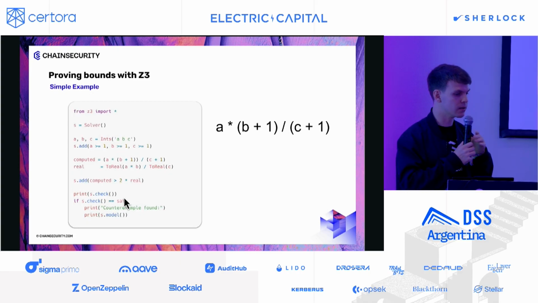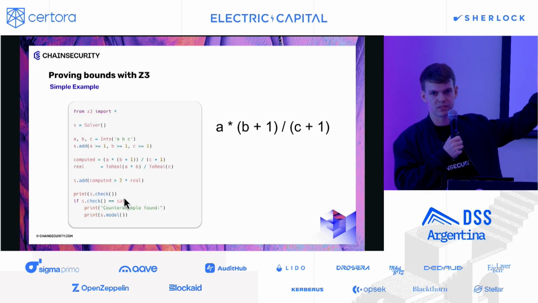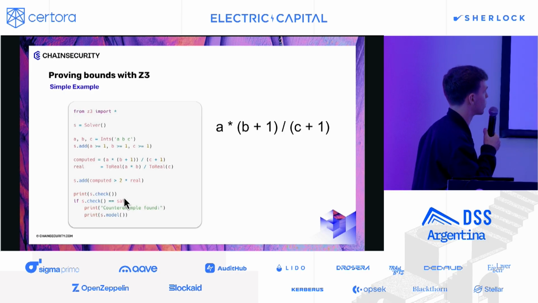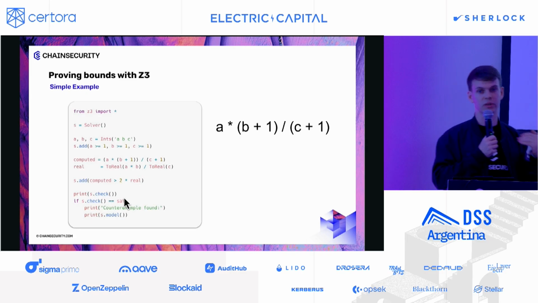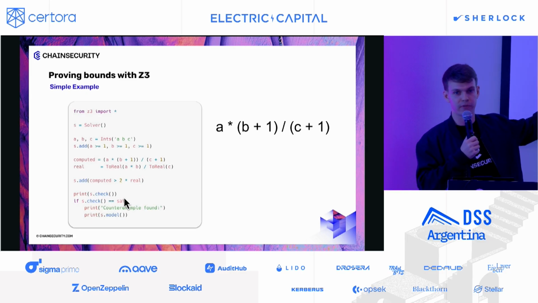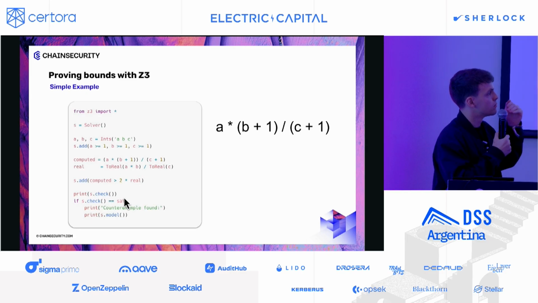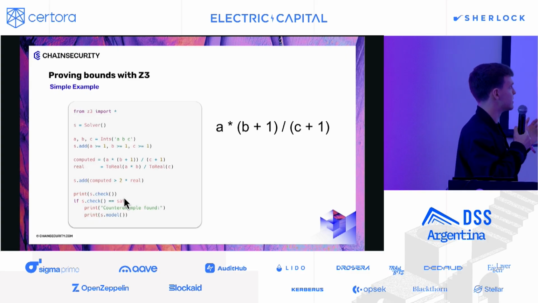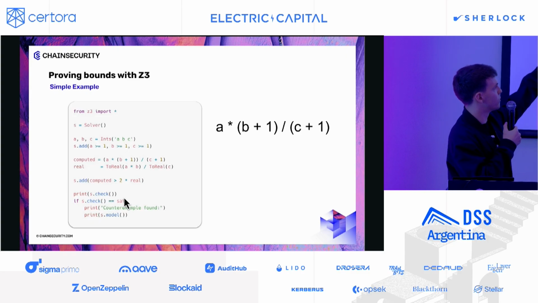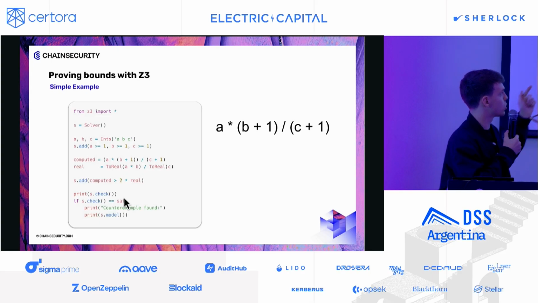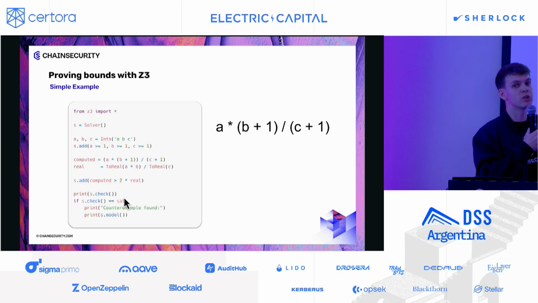Let's look really quickly at a more complex one. But basically, this is the OZ formula we just saw before. And the goal is to prove we cannot be higher than this formula compared to 8 times B divided by C. And so we have the same setup, right? We have the same computed value where I put this. And now I want to show that we cannot be 100% off. So we cannot be twice the real value.